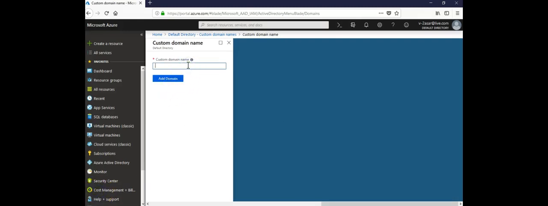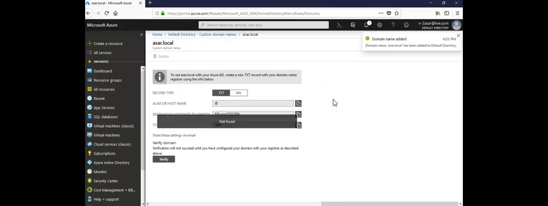So if you mention your domain name here, let's say I say azure.local. I want to add this as a custom domain in my default directory. I'll just say add domain. It says domain name added. It says to use azure.local with your Azure AD, create a new TXT record with your domain name registrar using the info below, because it has not found these entries. Because I have just added the domain name here, I have to go to my domain registrar. It can be hosted on GoDaddy, Namecheap, or any other third-party provider, and I would add these records,